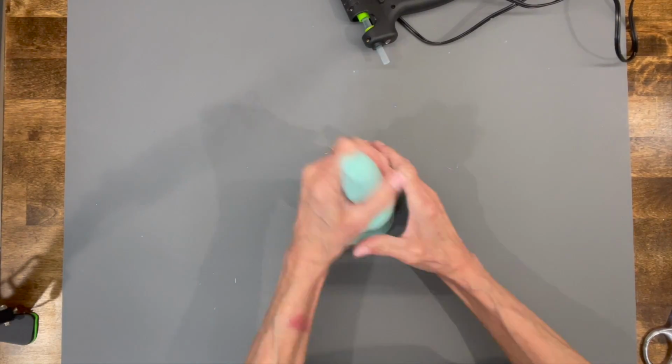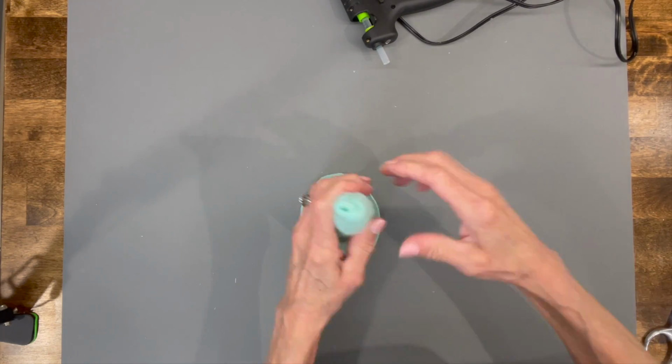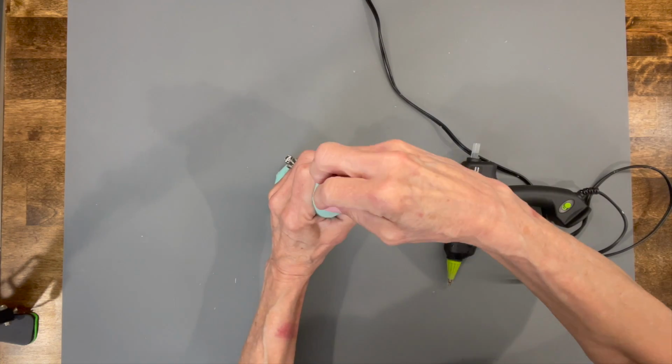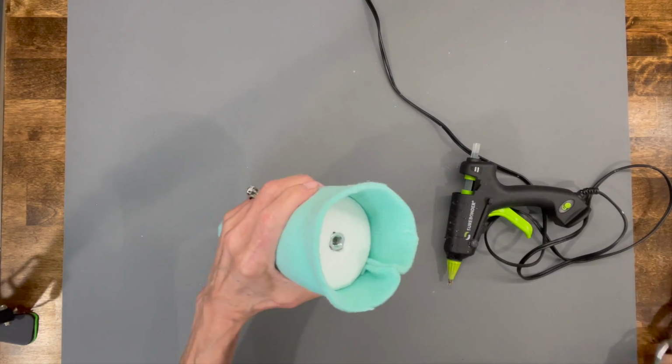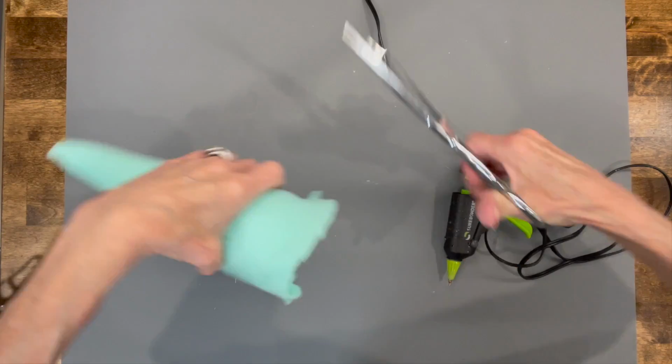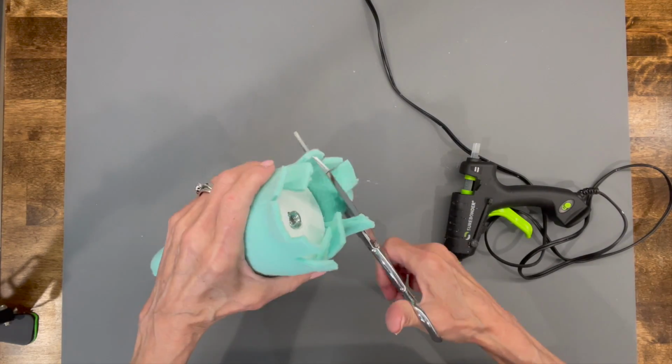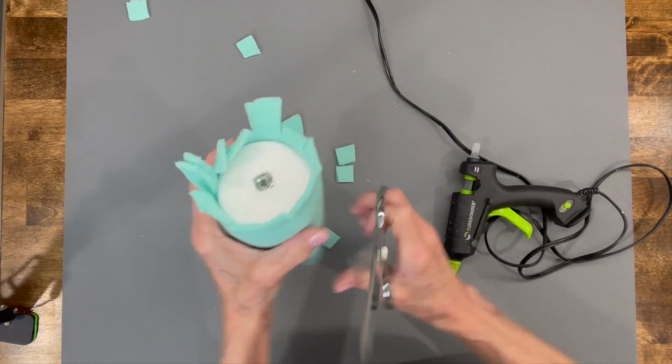Okay, next let's go ahead and take the body, pull it all the way over to the top till you can see the top of the cone, and then just glue that to the top of the cone. Then turn it upside down and just do about 1/2 inch slits all the way around, and then trim it off a little bit, about a 1/2 inch from the edge,